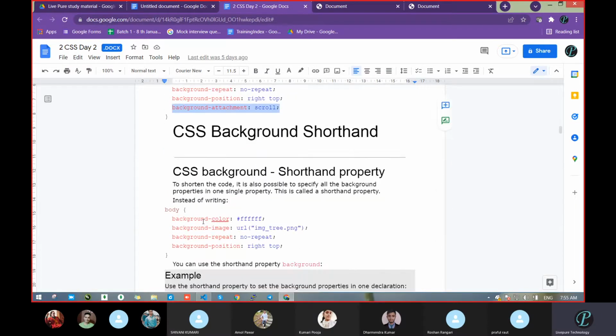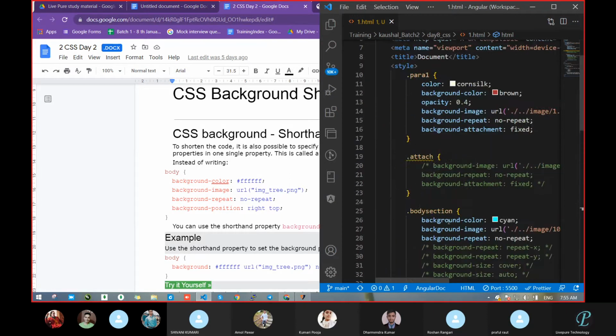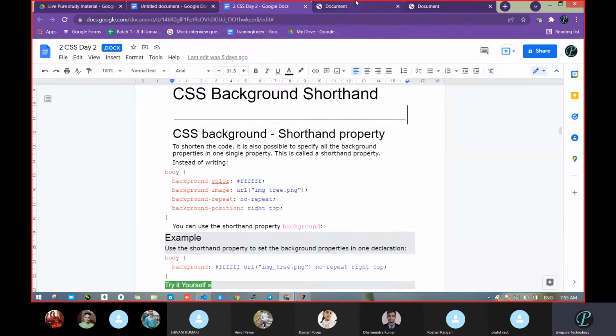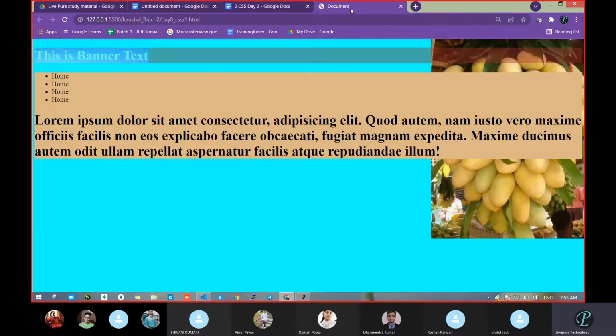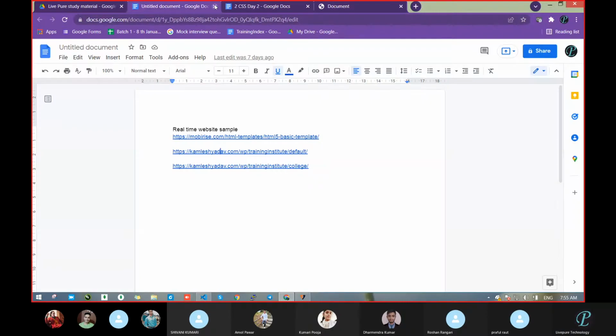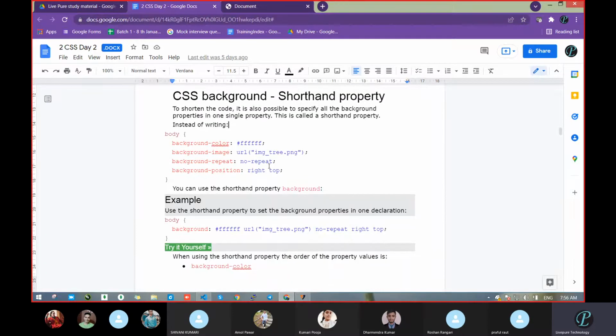Now we come to whatever CSS regarding background we had written with shorthand notation. What do you understand from shorthand notation? Anyone? Shorthand means what? Any idea? Hello? All are sleeping. Yes, sir. What idea do you get from shorthand? Shorthand in the sense, just one line, it will take all the things.